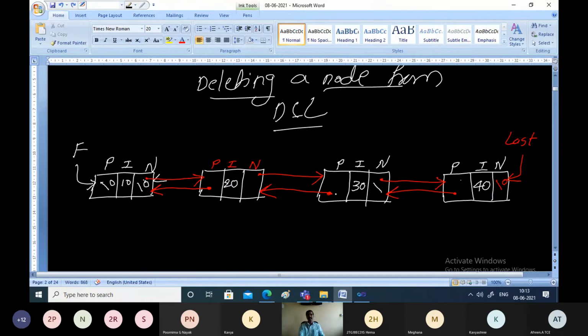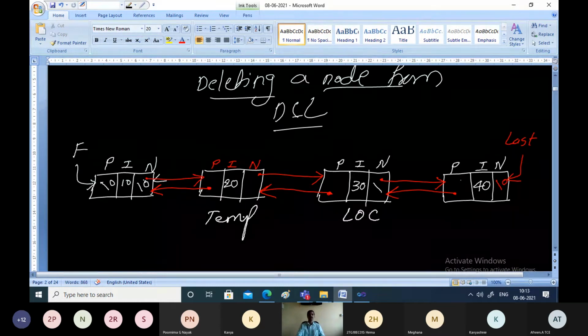If you want to delete somewhere in between, that is also very simple. Assume this is the location of the element which you want to delete, and we'll have a temporary pointer pointing to the previous node, like how we followed the logic. Now this is the node which we want to delete. So what is the procedure? We should remove this and establish a link between these two.